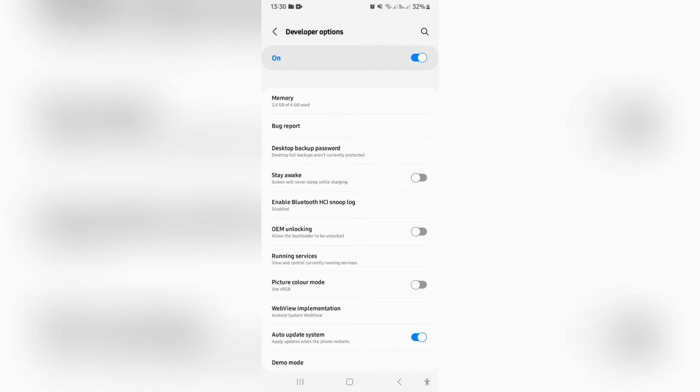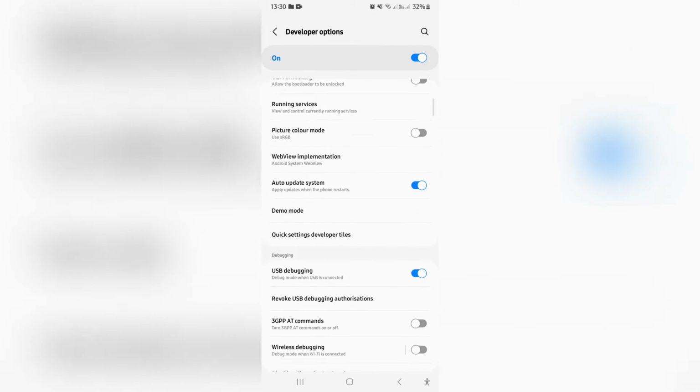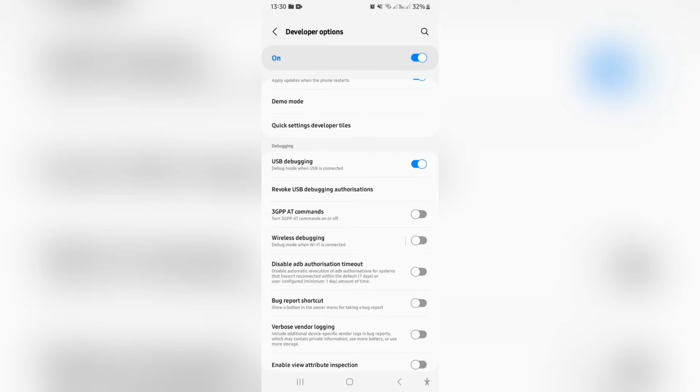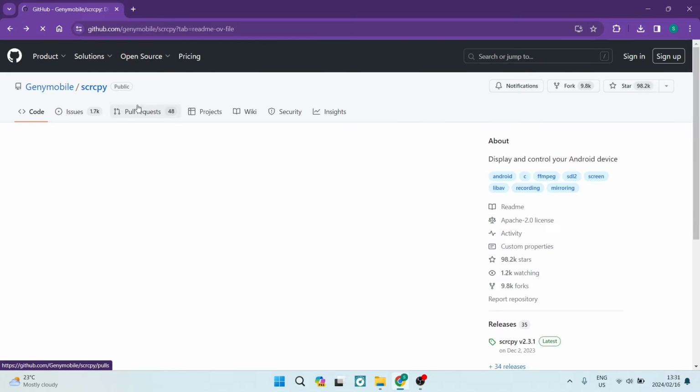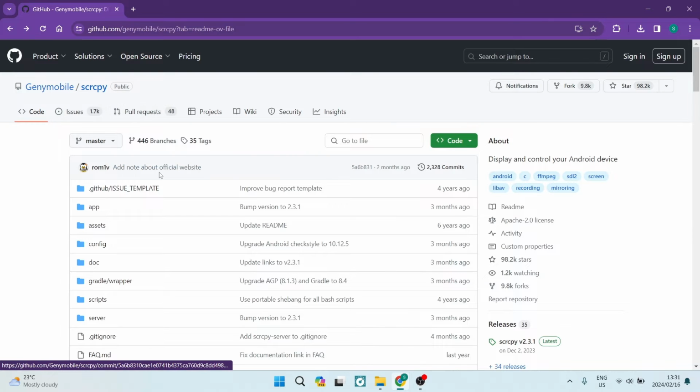Once we tap on that, we're going to scroll down and look for debugging, and we're looking for USB debugging, right? This must be enabled. It must be on. Once we've done that, we're going to move over to our desktop, and we are going to search for GitHub. I'm going to leave the link in the description, but here it is up here,